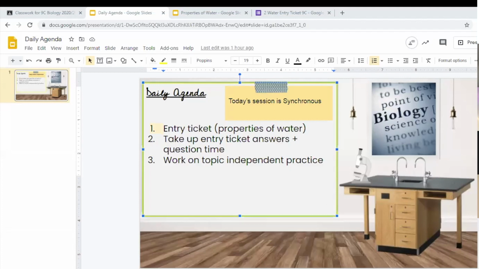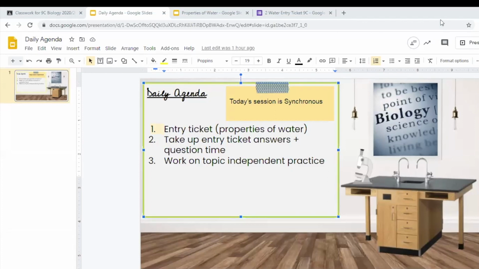I always like to begin my classes with a daily agenda. This way students know exactly what we're doing for the day. As you can see, I follow the same type of model. So I will start with the entry ticket, which then is followed by some form of independent practice or group